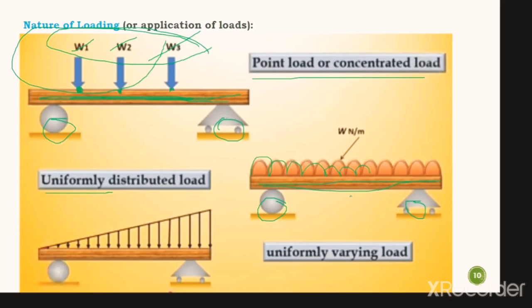So why do we call this a uniformly distributed load? If you see there, the load is applied on the entire stretch of the beam, right? A load is being applied on the entire stretch of the beam. That means you distributed a load, isn't it? For example, I have told you this example previously. Let's take 100 kg of